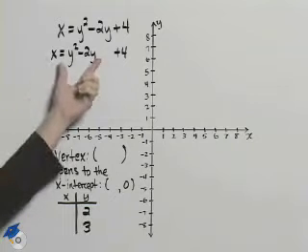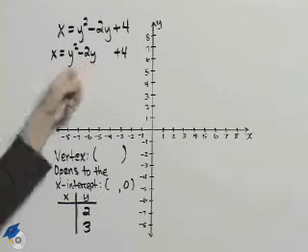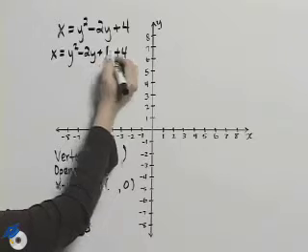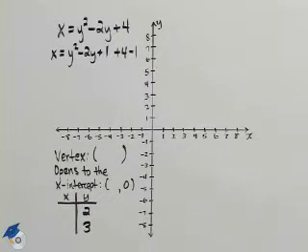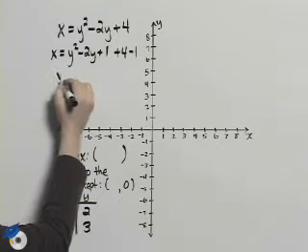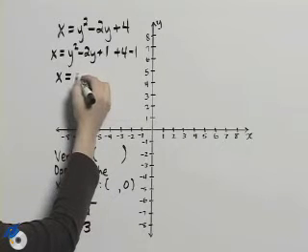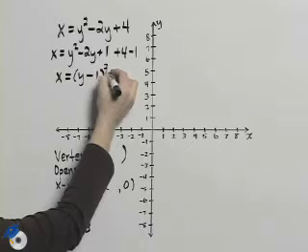Now remember, when we complete the square, we'll take this value of 2, multiply it by 1/2, and we'll get 1, and then square that value. So we'll add 1. Now to make it equivalent to really adding 0, we'll subtract 1 from that same side of the equation. Now we can complete the square, and so we'll have x equals y minus 1 squared